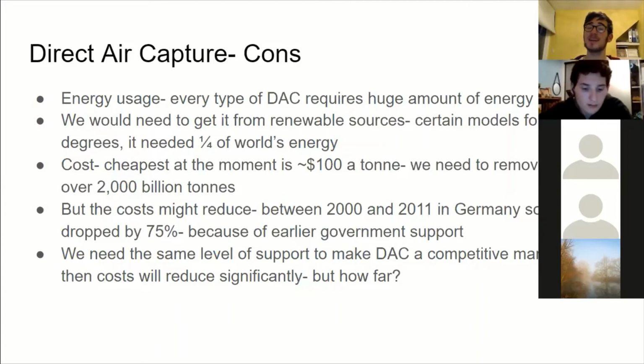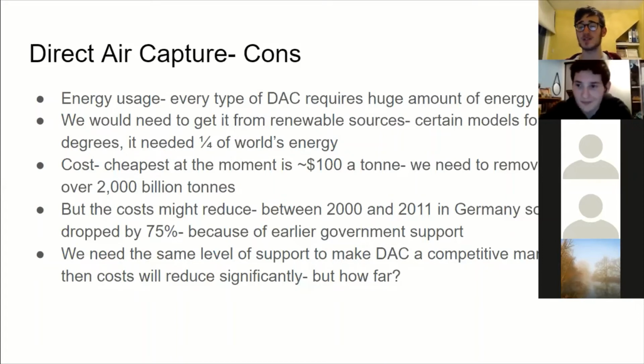And the problem with energy usage is we would need to use renewable sources to do it. And if we've not reached net zero before we start deploying direct air capture at scale, well, those renewable sources would be meaning that we can't be using renewables for other things. So for direct air capture to work, it requires us to have got good renewables and to have transitioned the world economy. That's actually not a reason not to use direct air capture. That's yet another reason why we need to reach net zero and transition the global economy away from fossil fuels as quickly as possible.